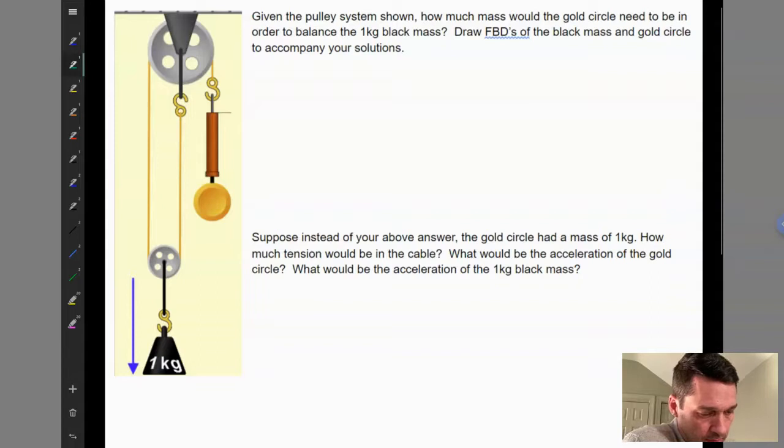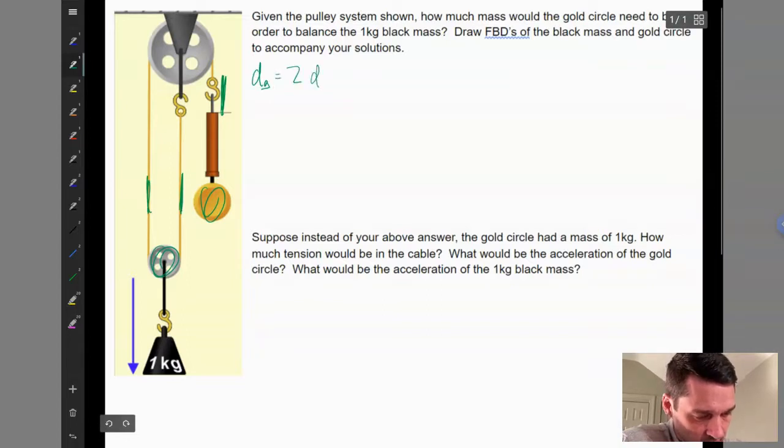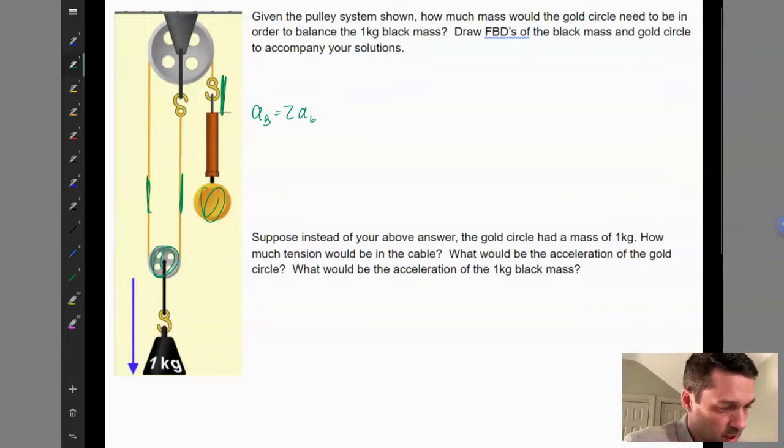As we discussed in our lecture in class, since the gold ball here is suspended just by one string and this is suspended by two strings, notice that the distance that the gold thing is going to travel is going to be twice as far as the distance that the black thing is going to travel, which means that for the same amount of time of travel, the acceleration of the gold thing is going to be twice the acceleration of the black thing. But before we get fully into those details, let's first just understand what it's going to take to simply balance